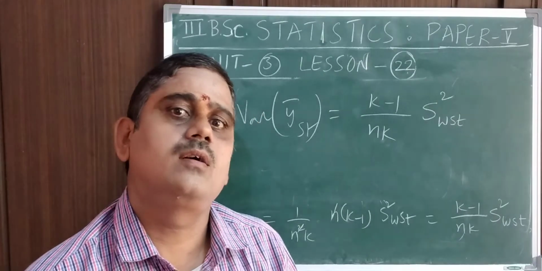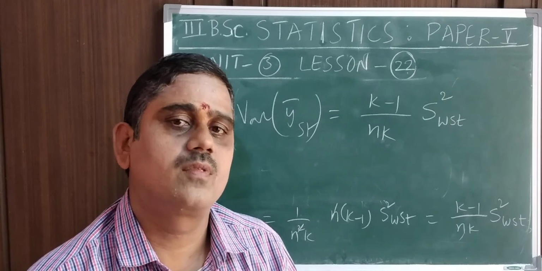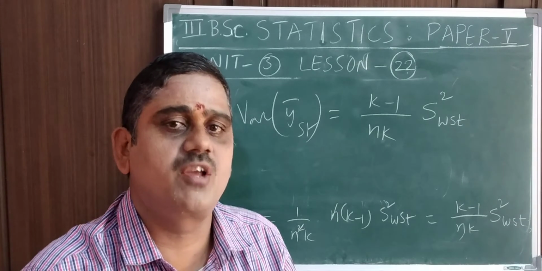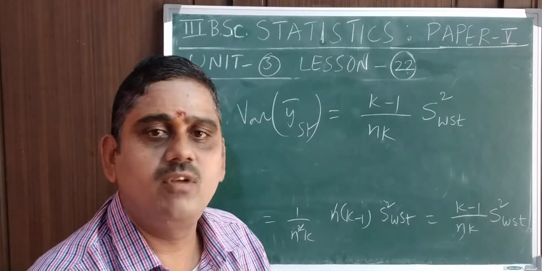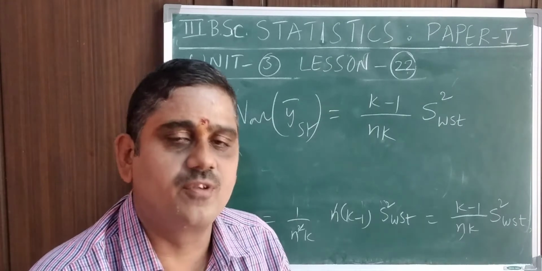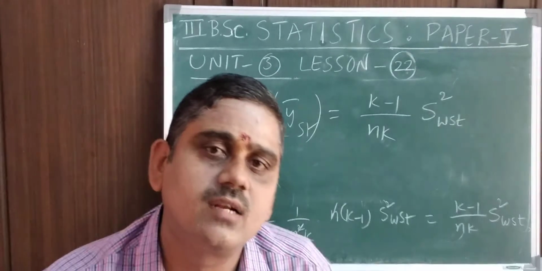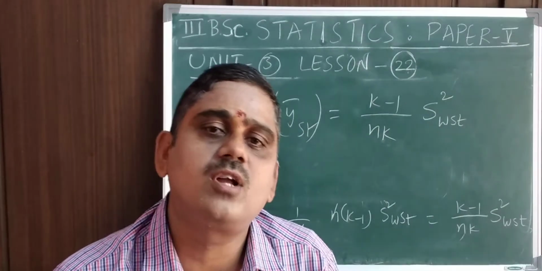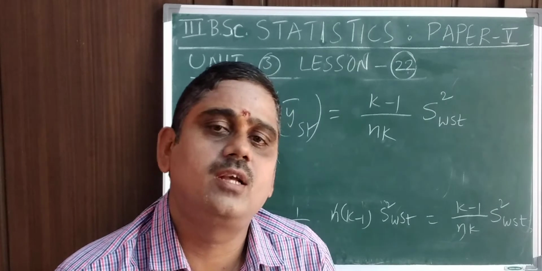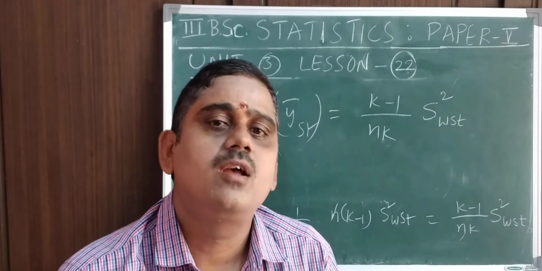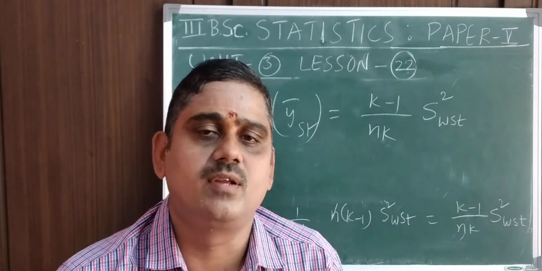compare the two techniques and decide which technique is most efficient. There we use the formula of variance. Therefore, we have calculated up to the formula of variance. That is the reason why we have calculated all the formulas of stratified random sampling in view of systematic sampling. Thank you.